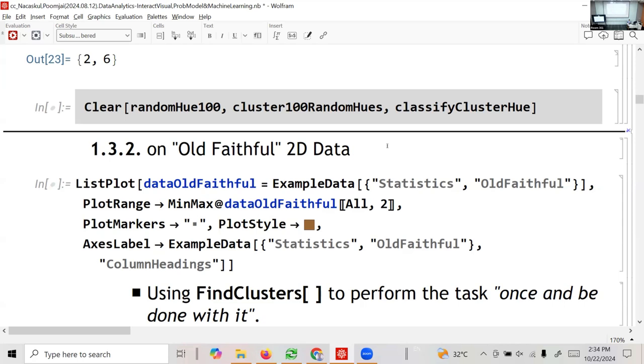So maybe there's a Gaussian for the small cavity, which waits for about 40 minutes, and the water spout shoots for 2 minutes. And there's a larger cavity that waits for about 80 minutes, but then it shoots for 4 minutes. So maybe I could actually fit a Gaussian mixture, but I didn't. Anyway, the point is, if you are going to do this kind of clustering analysis here,